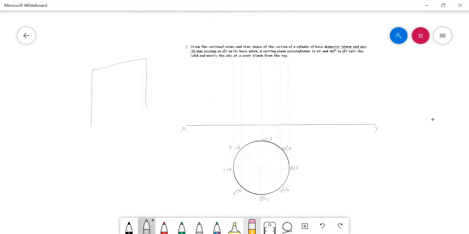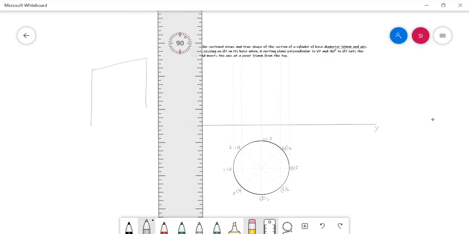The axis height of the solid given in the problem is 70 mm.